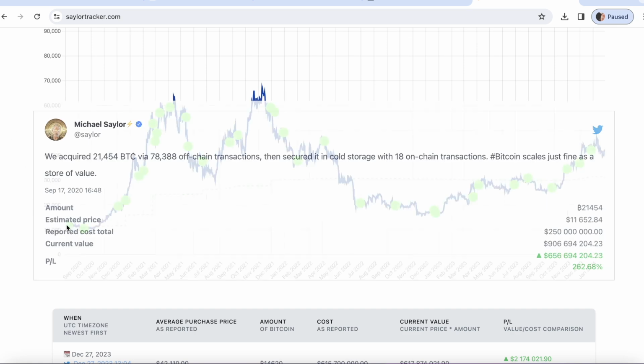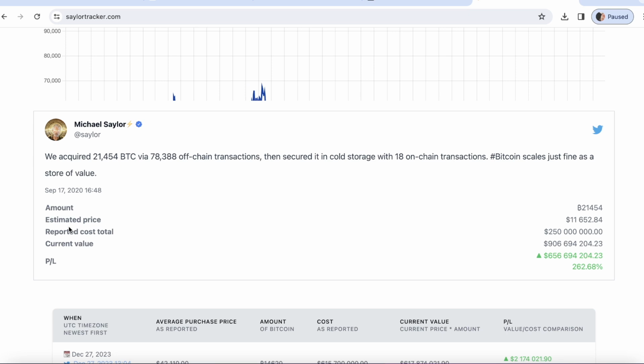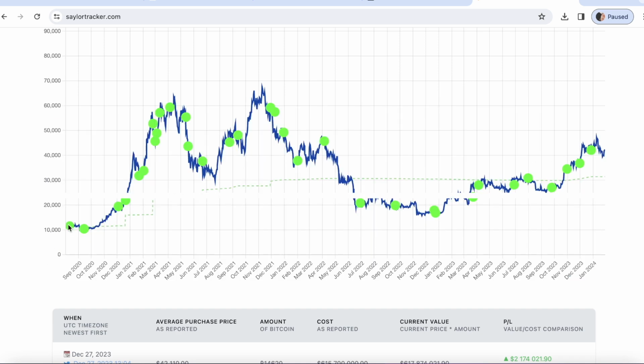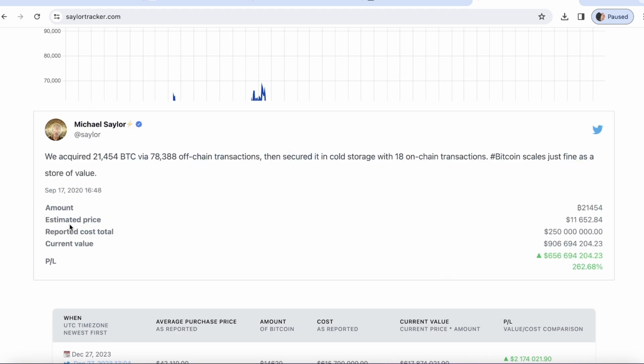For example, Michael Saylor started buying Bitcoin from this area. I'm not sure if he bought before this, but on September 17, 2020, he bought